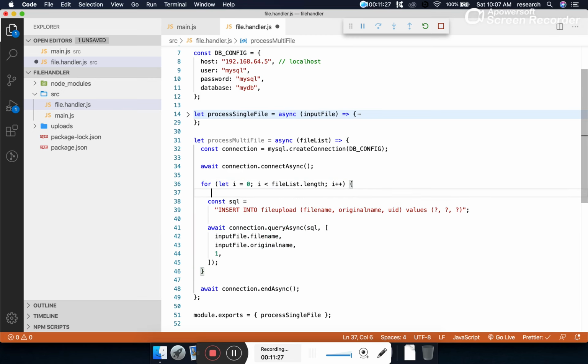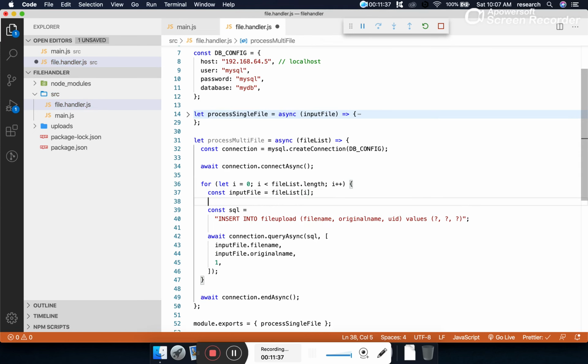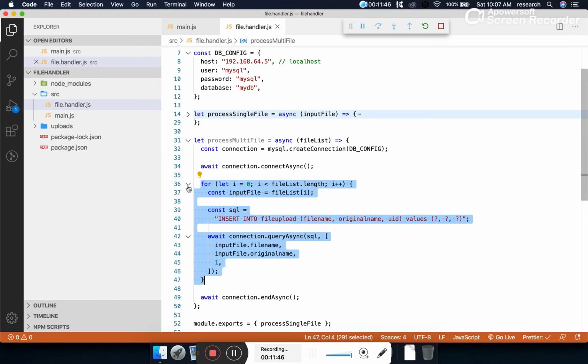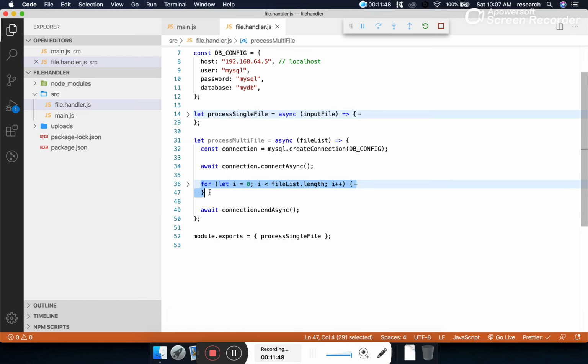And here this input file variable is not available, so we will be creating this input file reference from the file list, by using the index. So input file. Apart from this, we do not have to make any other changes. So what we have done, we are using this for loop.